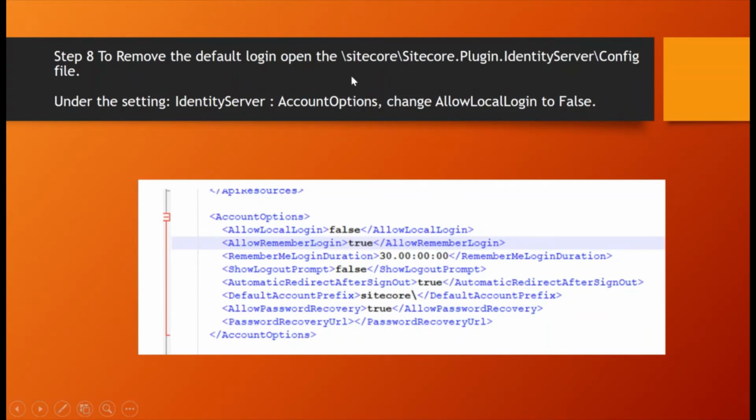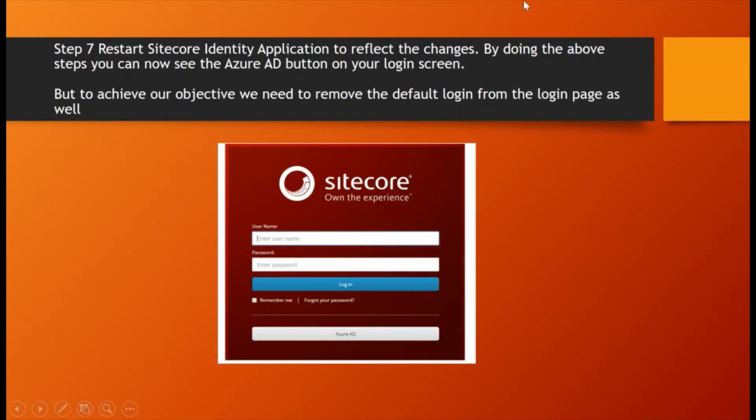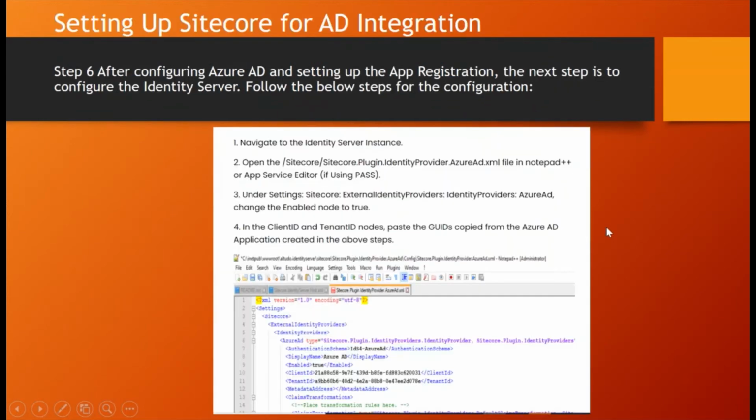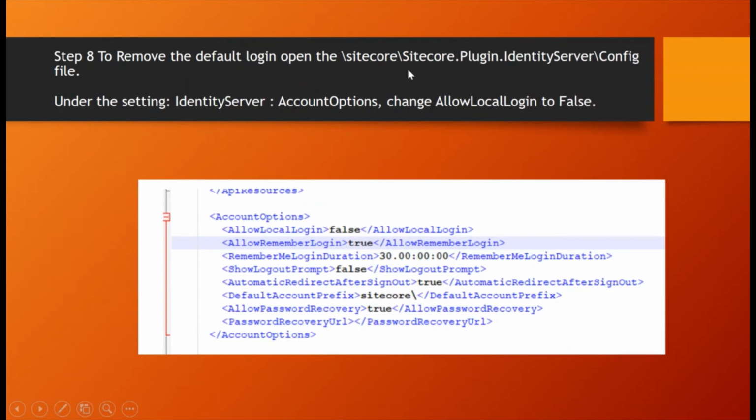If you don't want the normal login, that is, the username and password login that Sitecore uses internally, you can disable that too using the config file. In the Sitecore plugin identity server config file, there is a setting called allow local login.